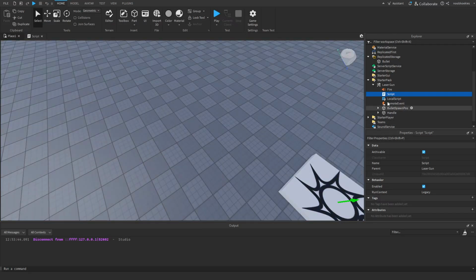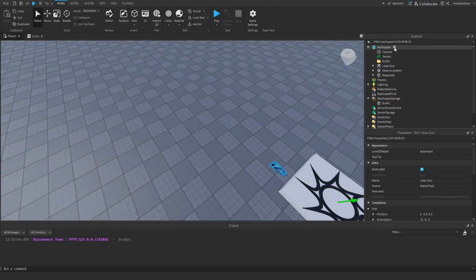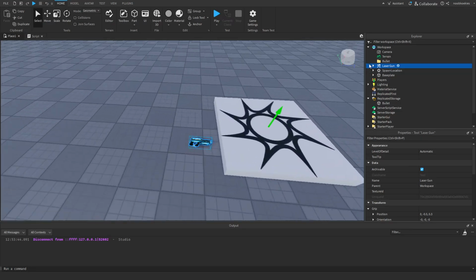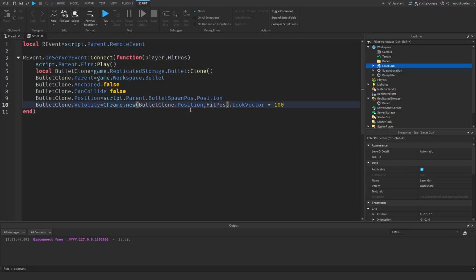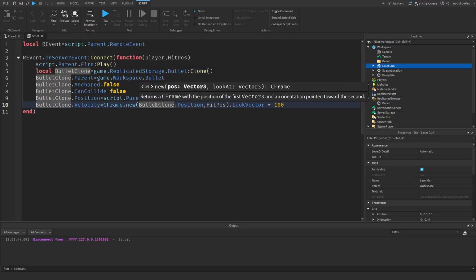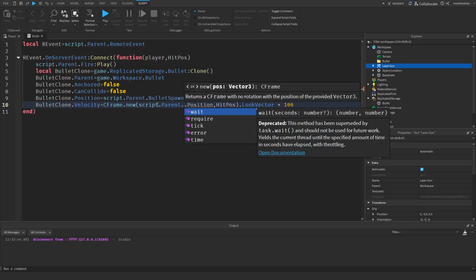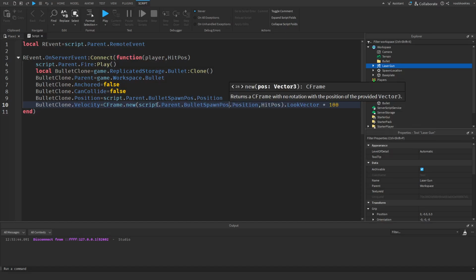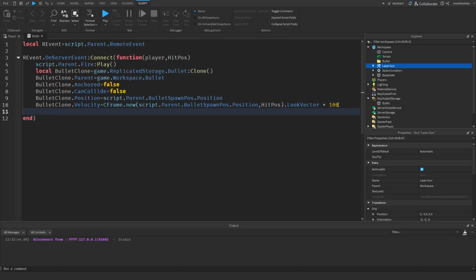Okay, bro, look. So we're gonna first do this in here. Now we're gonna, okay, so I actually don't know what's wrong. I think I'm gonna do script.parent.bullet spawn pulse. Maybe it's this or something, I don't know. 10, we also need to do damage. So basically what we're gonna do, wait, I wanna do this 150, it's a bit faster. Bullet clone